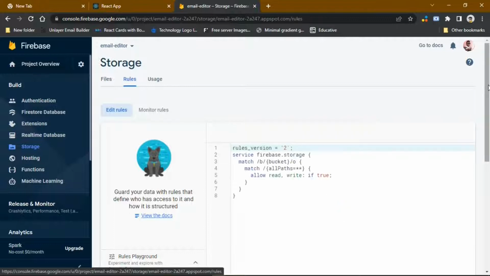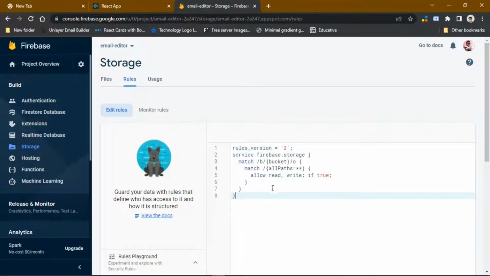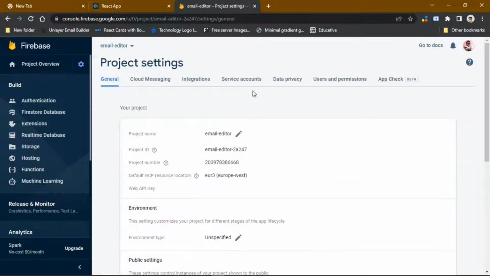For now, until maybe after this project, you can configure it to be on the application. You can see the rules that I've set over here within my own Firebase project. So set your rules to this. After you have done all this, we need to get access to the admin so that we can authenticate within our application. So click on these settings icons at the top over here and go to project settings,